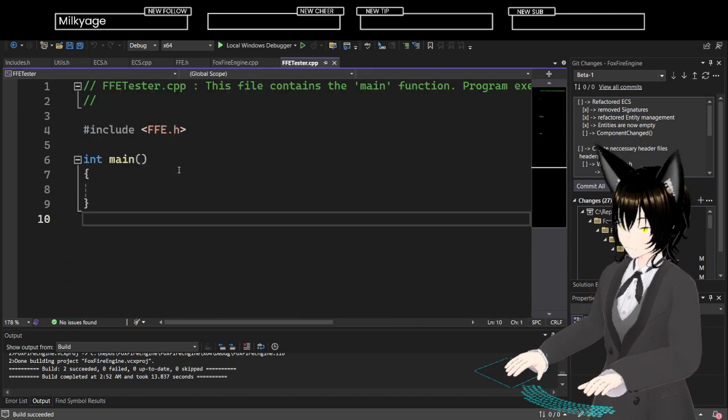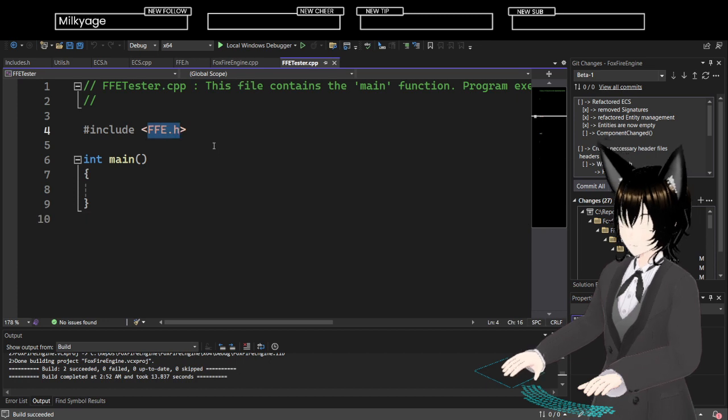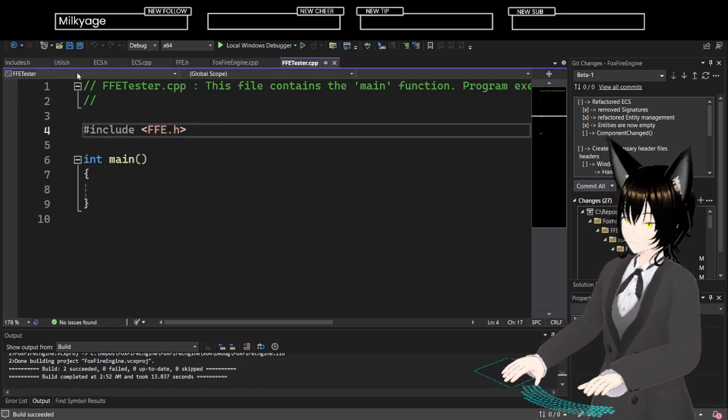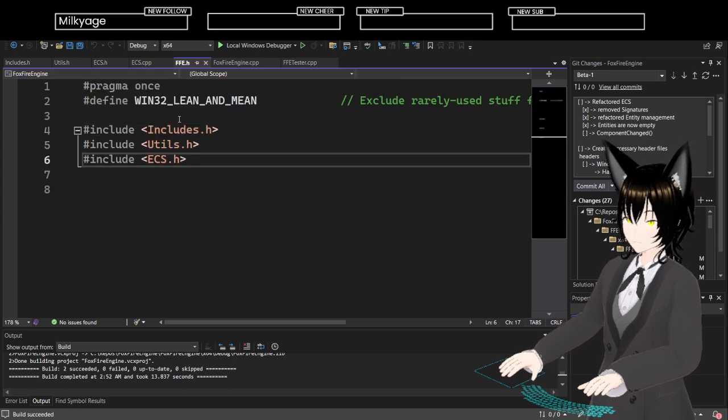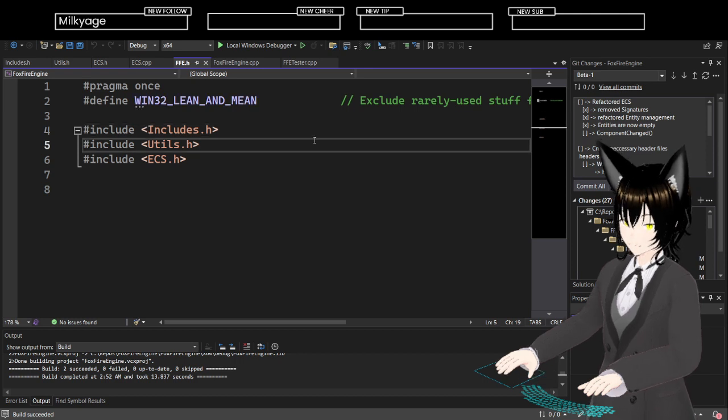So include FFE. This is a little bit of an issue, because FFE has the hash includes. I will need to redo a lot of this stuff, but